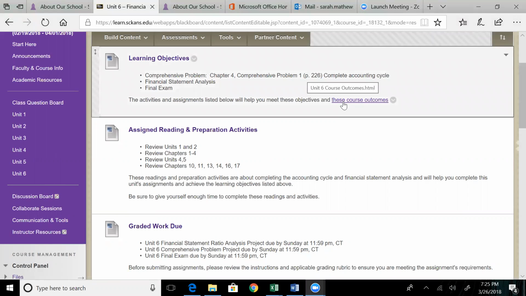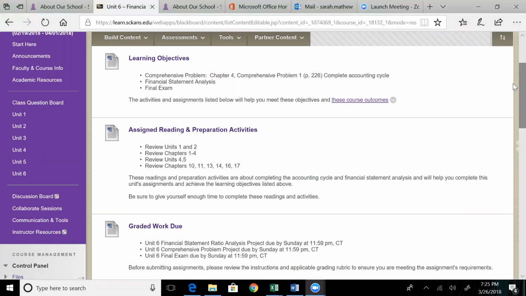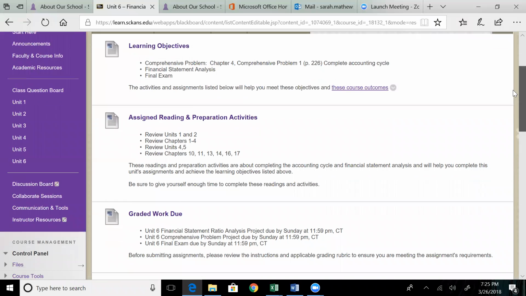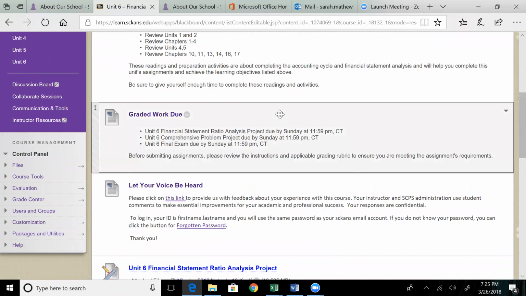Okay, for this week, Unit 6, our last week together, you have 2 projects that you are required to complete. And I just wanted to take our time tonight to show you what the expectations are of this project. So hopefully you can see my screen. I'm in here on Unit 6. And the graded work you have is the financial statement project, the comprehensive problem, and then the final exam, all